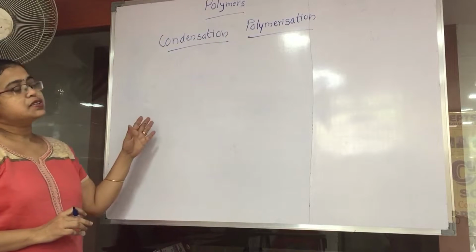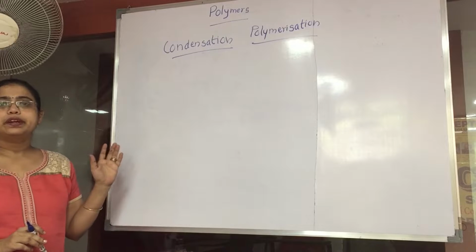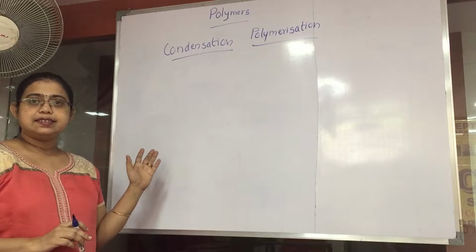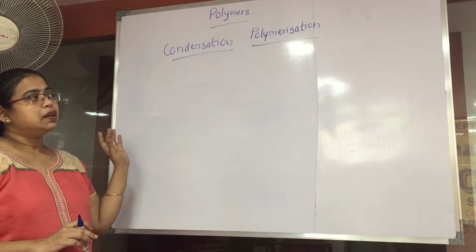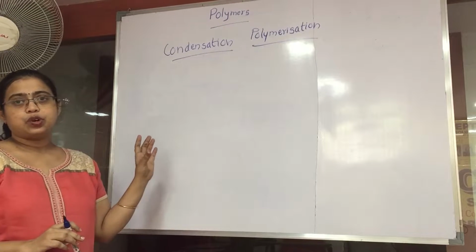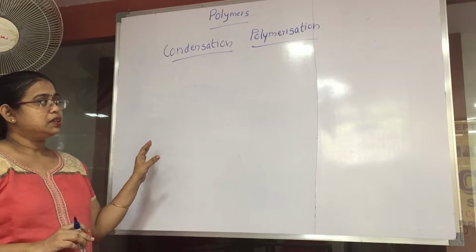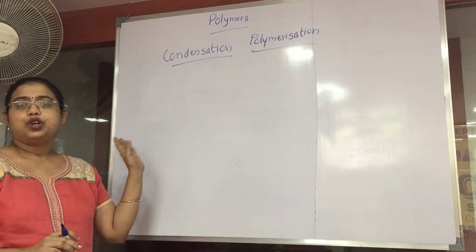We will study condensation polymerization now. Condensation polymerization is different from addition polymerization. In addition polymerization, we used alkenes and we joined them. In condensation polymerization, we will be using small monomers which will be joined, but when we join monomers in condensation polymerization, small molecules are removed at the junction of the joining of monomers.